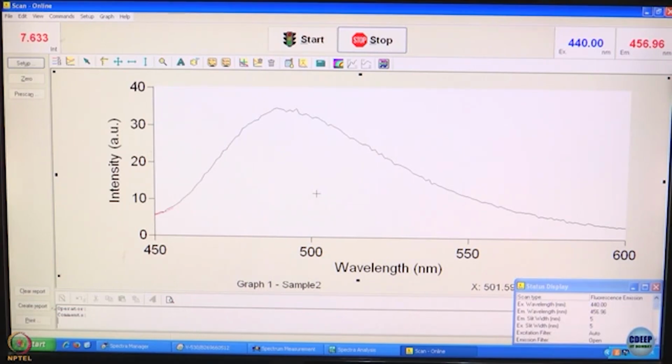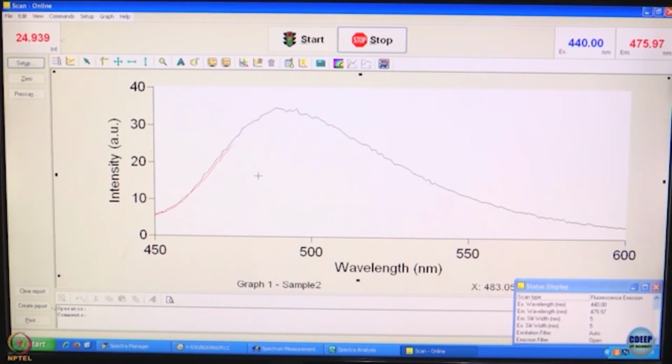It has started recording. You might see this small line coming up. So, what we see is it is more or less following the spectrum that we had recorded earlier, but the question is we have made it slower. So, does the quality become any better or not? We will come back to that question once we have reached the maximum, but